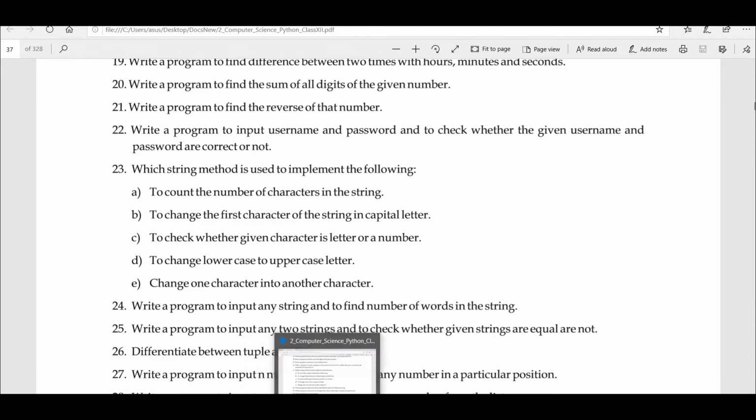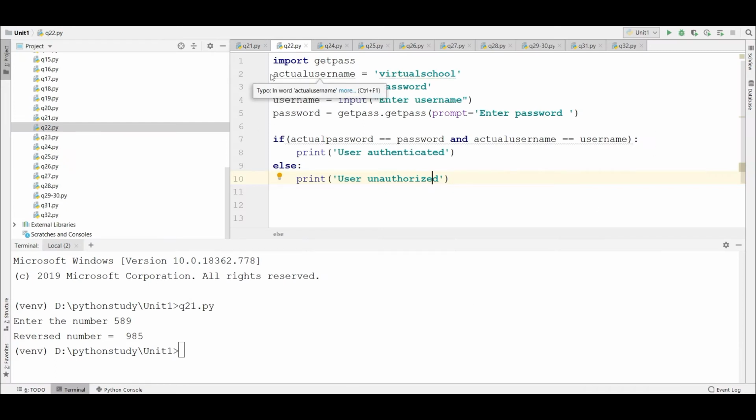Like suppose in your day-to-day life, you enter a username or password while logging into your Facebook account or something. When you press enter, that is when you submit your login form, it sends the data, the username and the password, to the server. There your actual username and password was stored while you signed up. So it just matches the username and password and then returns whether the user is authorized or not. Similarly here also, because we don't have a database or anything like that, for now we will just store our actual username and actual password here.